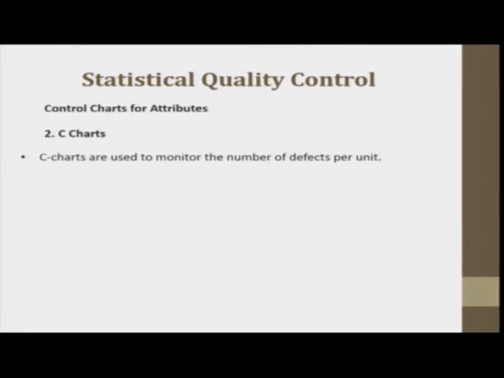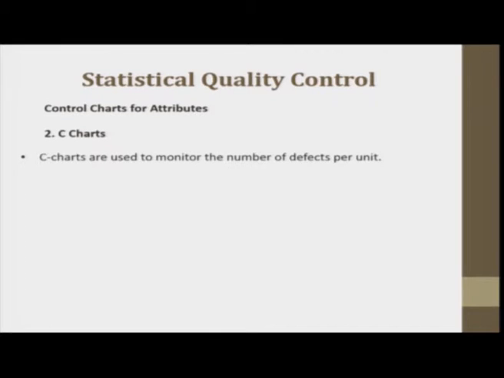So next, similar to P charts, we have NP charts. Before that, I will try to cover the C charts. What are C charts? C charts are used to monitor the defects per unit. When we have the number of defects or defects per unit, we can use the C chart. The examples here can be the number of defects, as I said, when we manufacture a car, the number of defects in a specific section, or the number of defected pieces of the bottles which were packed, or the number of return meals in a restaurant, or the number of trucks that exceed their weight limit in a month. When number of defects are there, C charts are used.